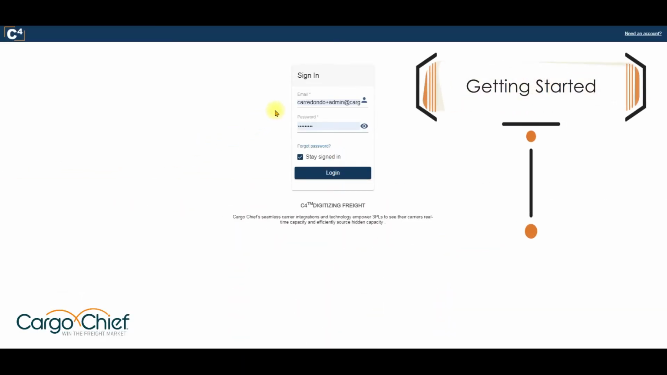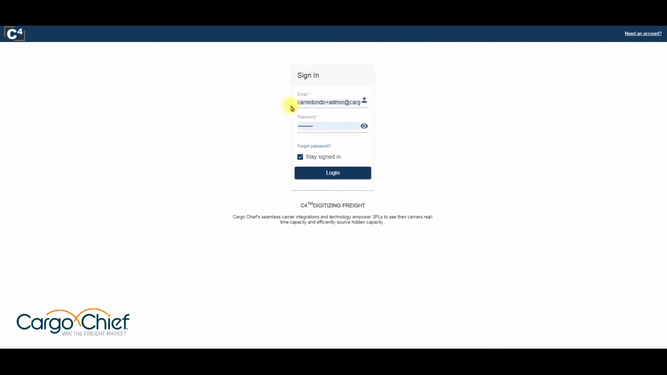Hey there, today we'll be going over how to get started with C4 and covering the two most important parts, capacity and rating solutions. First, log in using your email address as a username and the password you created when